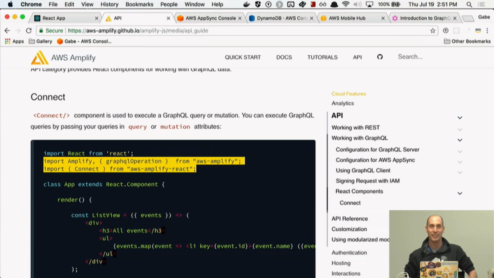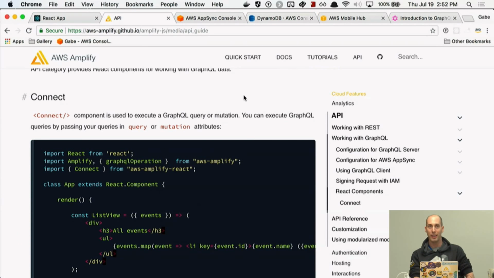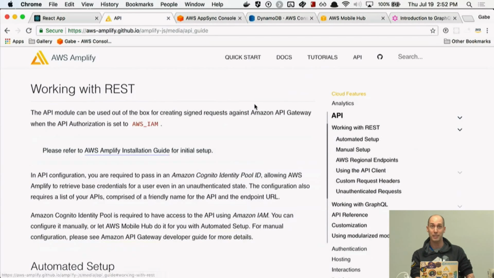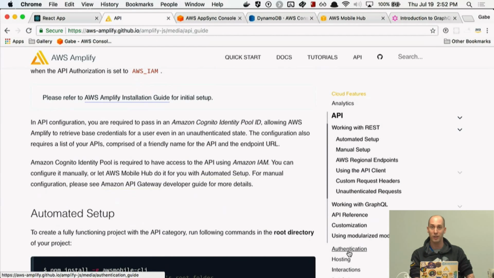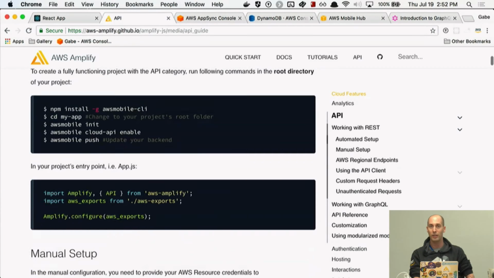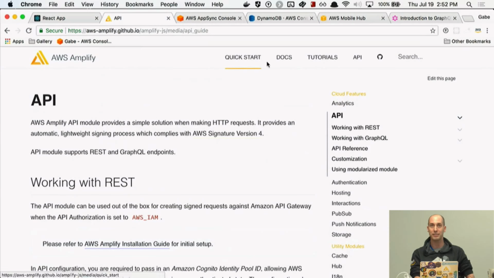That's a great question. AWS Amplify is a JavaScript library that makes it easy to work with all different kinds of cloud services on AWS especially. As you can see here, there's documentation about working with REST. This has nothing to do with GraphQL or AppSync. There's a bit about doing analytics for your app. The authentication we did, that was with Cognito. That has nothing to do with AppSync, etc. So there are a number of different